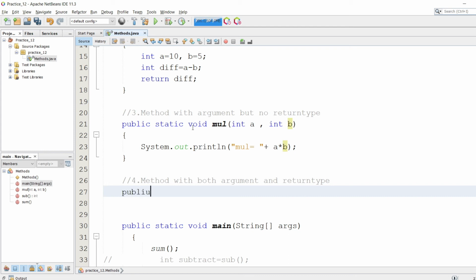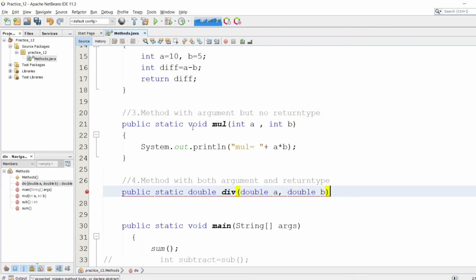So public static, int, okay, I'm going to give double here, and I'm going to make a method that divides the values. I'm going to give div as the name. So it's going to take double a and double b.